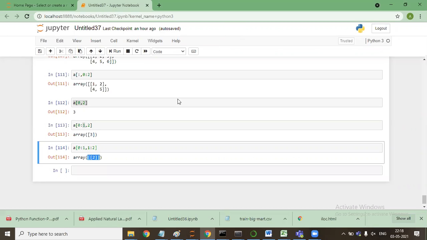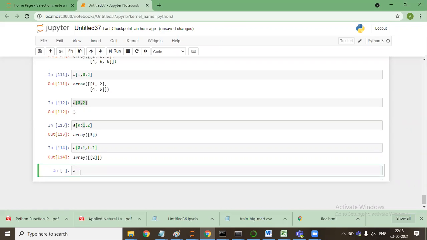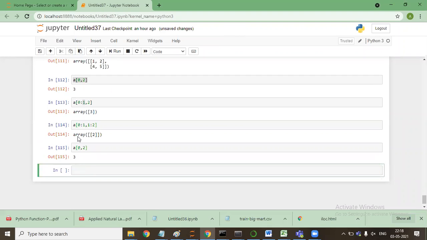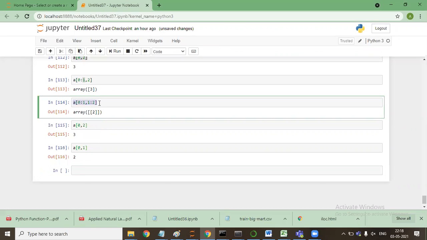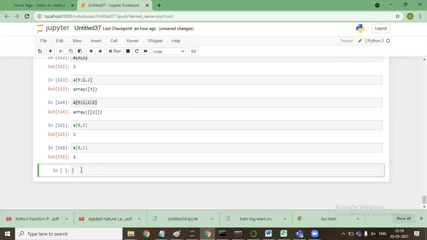So if I say A[0, 1], it will give me the value 2, and here as well it gives me the value 2.